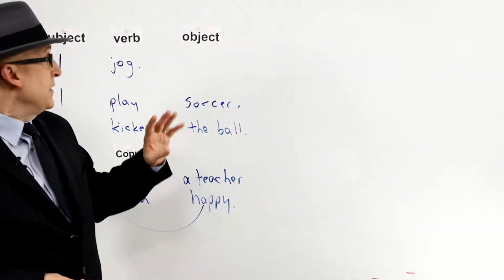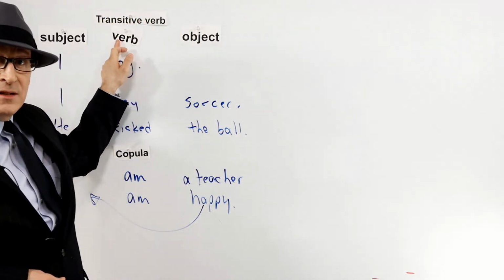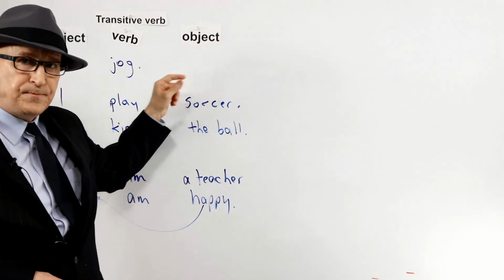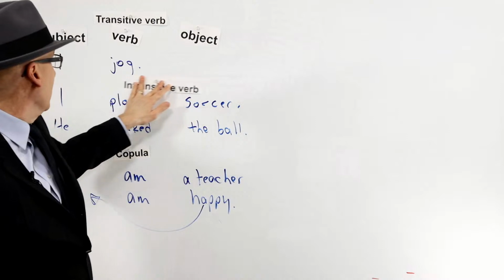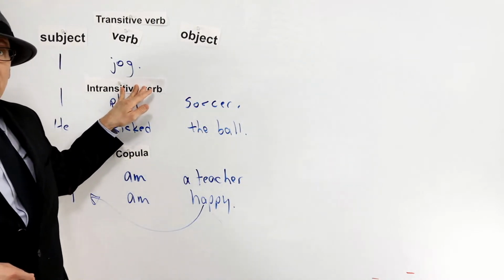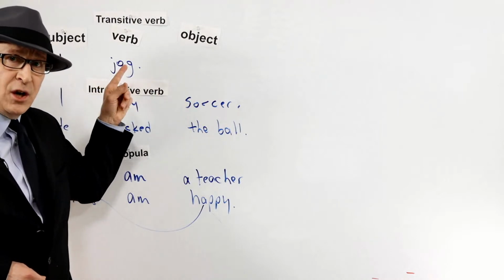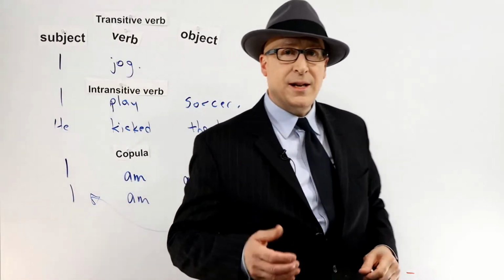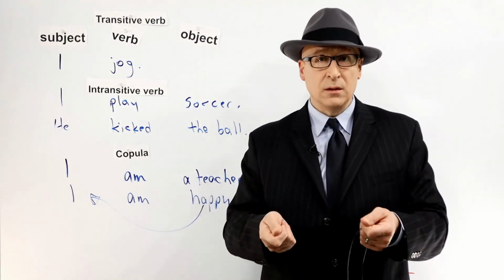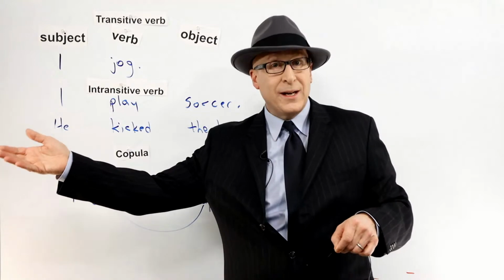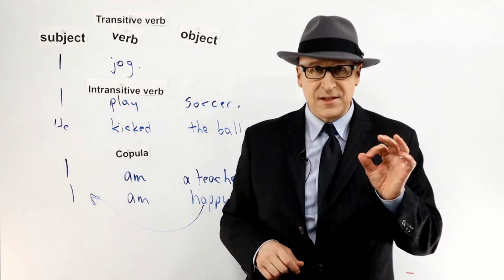Now, we said also last week that there were two types of verbs. Transitive verbs, and I said transitive verbs must have an object. Okay? This is not a transitive verb, jog. This is an intransitive verb. And intransitive verbs do not need an object to complete the idea. We can simply say, I jog. It's my hobby. I can say, I run. I cook. That's my hobby. I cook. Cook what? You can have an object, but you don't need one to complete the idea. Right? That's an intransitive verb.